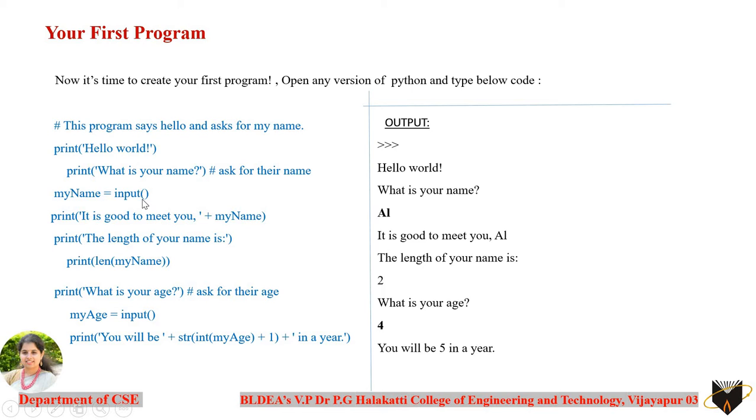In Python, you need not define any data type for any of the variables. Please do remember this, because in other programming languages you have the practice of using a data type to tell what kind of input you want to read from the user. But in Python, you can observe here that my name is the name of the variable, which is not defined with any data type. It is not required in Python. By default, whatever value is given by the user, it will first be considered implicitly as a string itself. Later on you can go for conversion whenever it is required. So let's concentrate on how to create a file of it here.